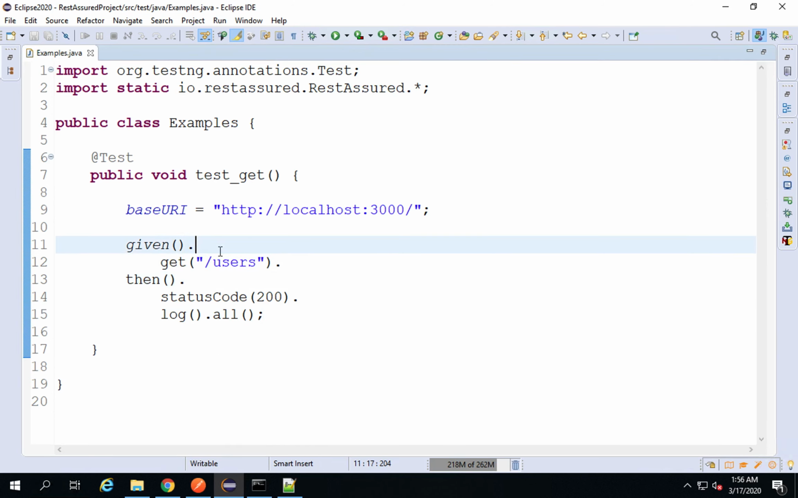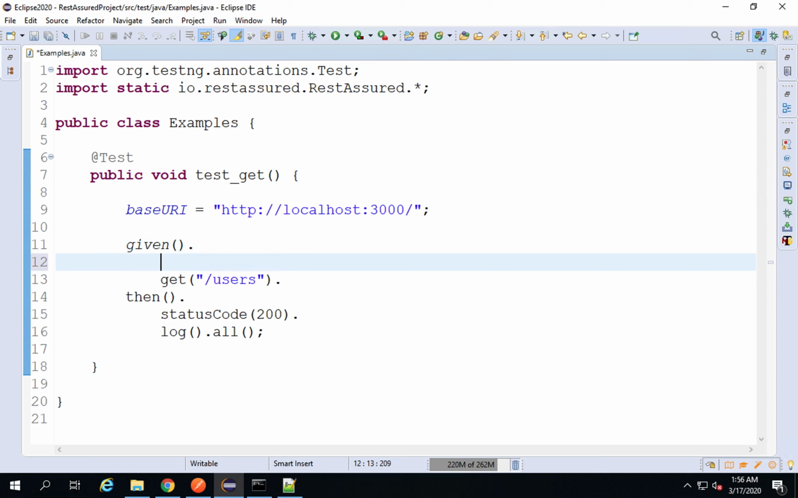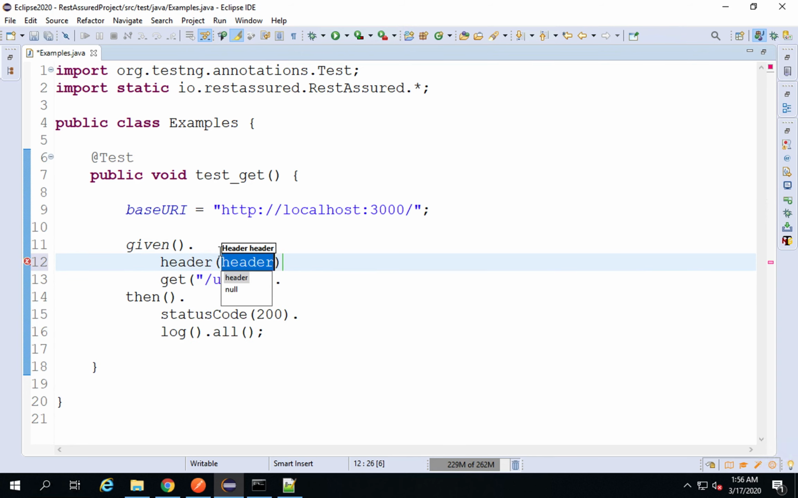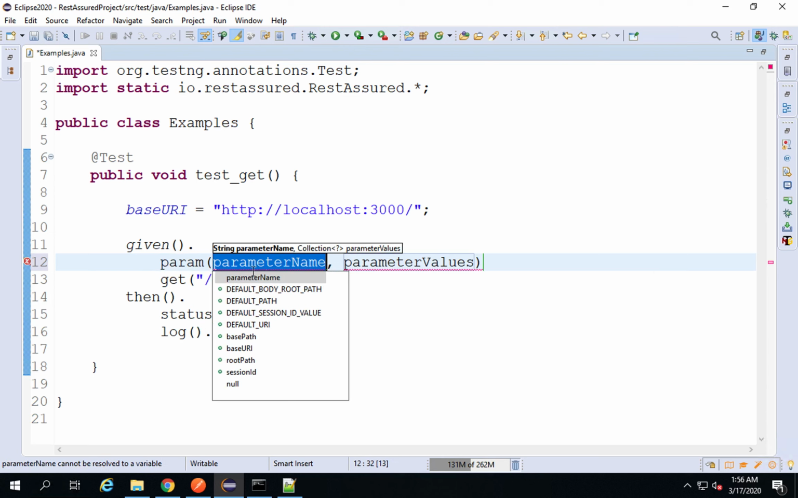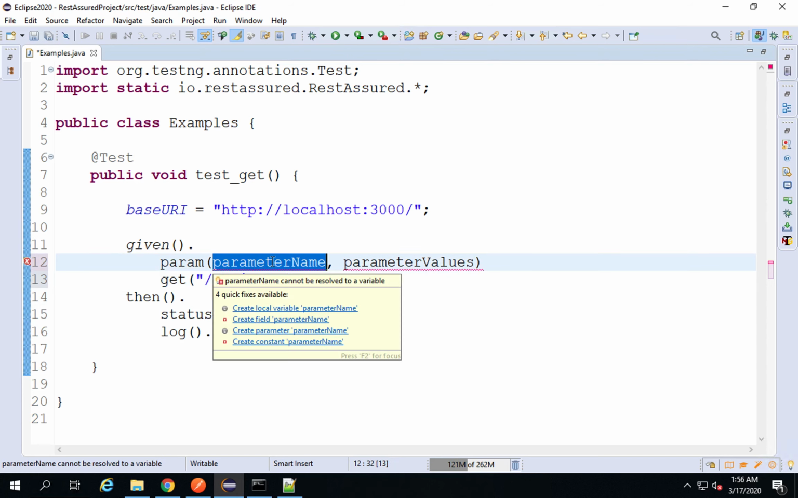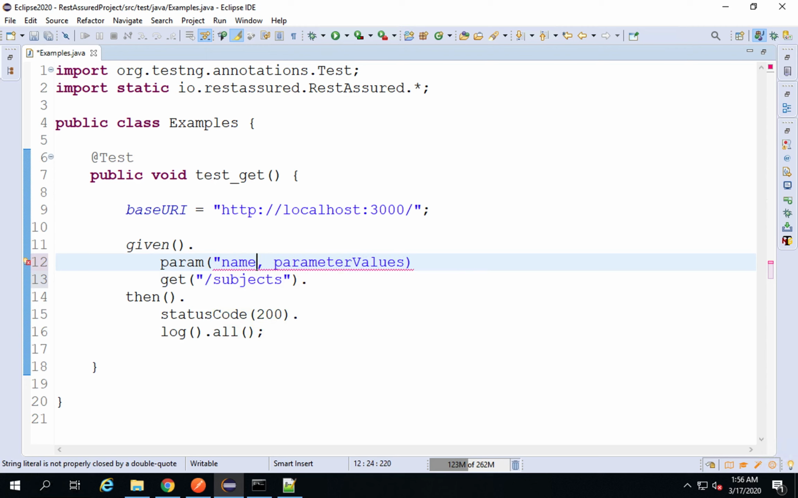Of course, we have seen in earlier sessions that I can set the headers as well. If I want to set the headers, I can say headers, and I can put the headers here, key value. If I want to put the parameters, I can say params, and I can put params like this. Let me show you. If I want to put a parameter on subjects, let us say I will say subjects here, and here I will say param name equals